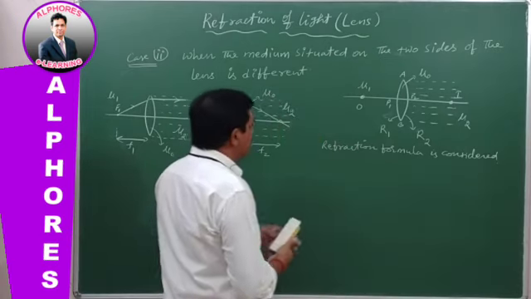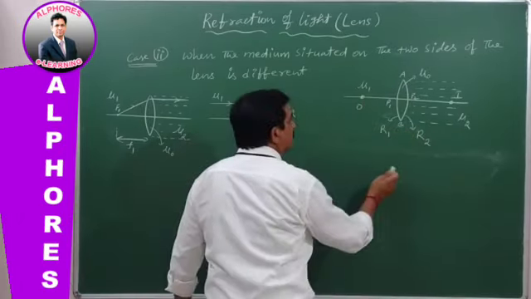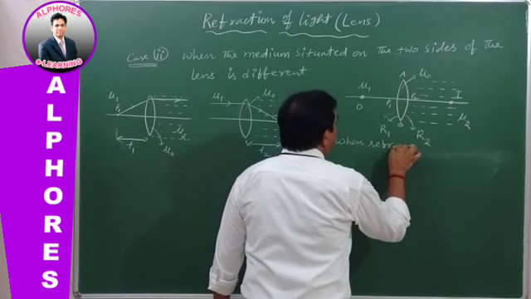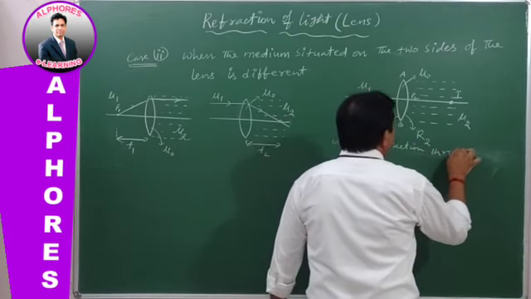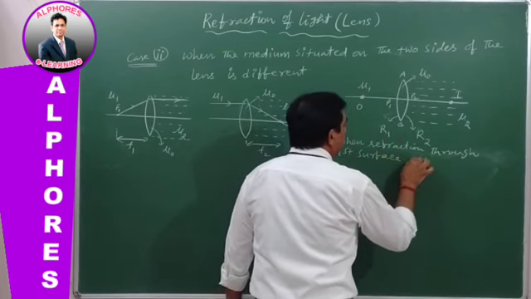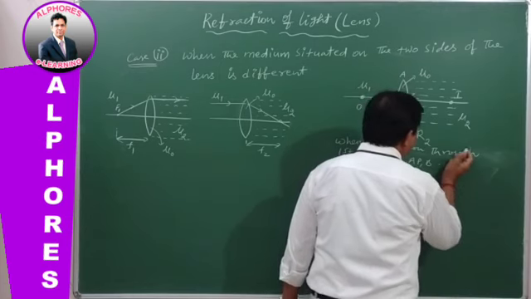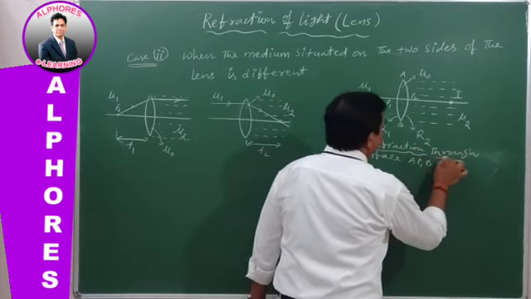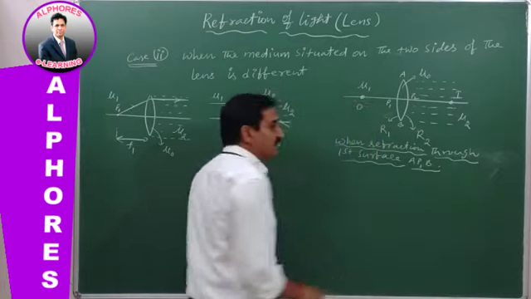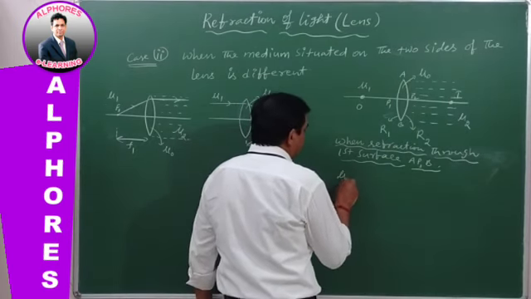So when the light is refracted through the first refracting surface, when refraction is through the first refracting surface AP1B, then the refraction formula is, see, the object is in the rarer medium, refraction into the denser medium, whose refractive index is mu naught. So mu naught by